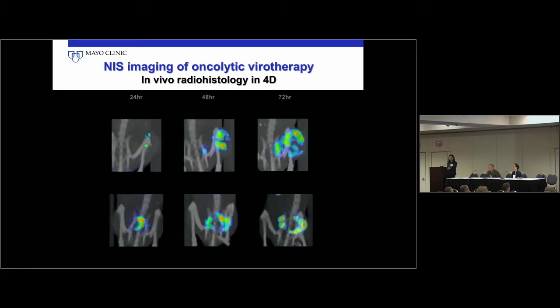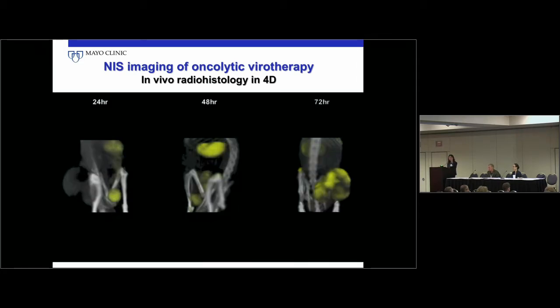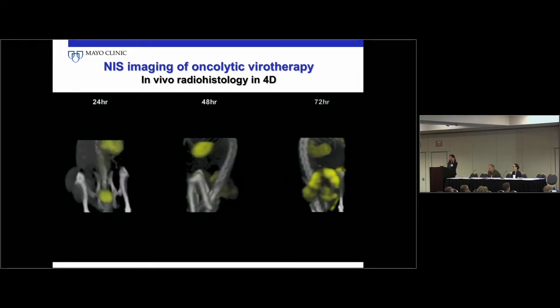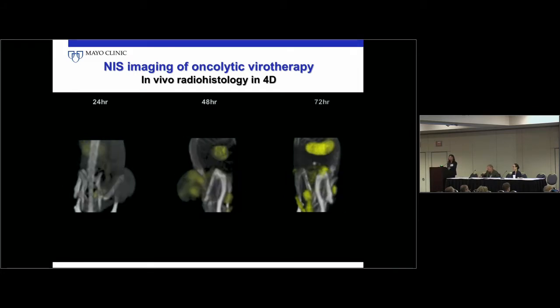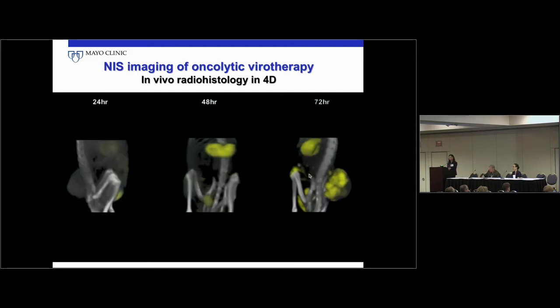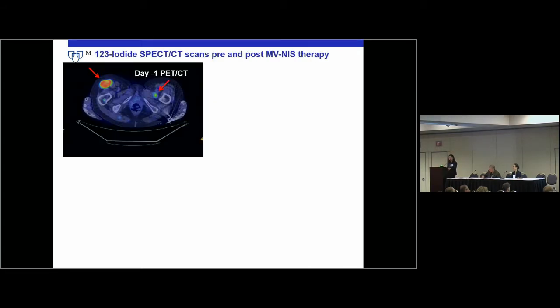and you can see that actually allows you to render in 3D the volumetric relationship to the total tumor burden, and actually there is an infectious void right in the center of the tumor in which the virus did not get to. Here is the translation study that we are monitoring as we dose escalate in the patients, where